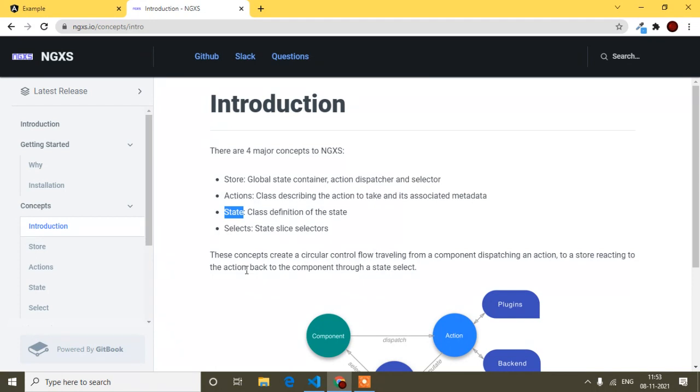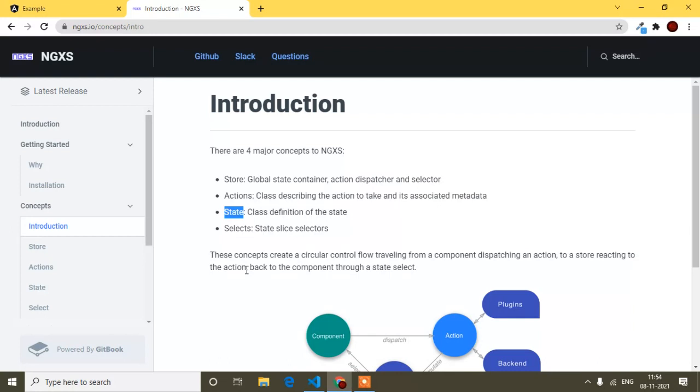So there will be two action files, student.action.ts and teacher.action.ts. Inside the student.action.ts file we write every action related to our student, and in the same way in the teacher.action.ts file we write every action related to our teacher, like add teacher, delete teacher, update teacher.